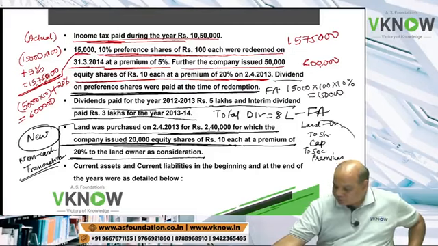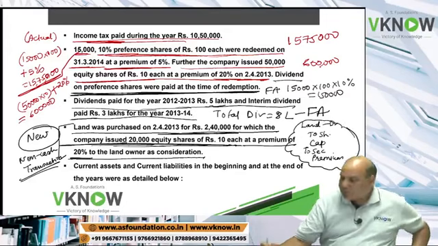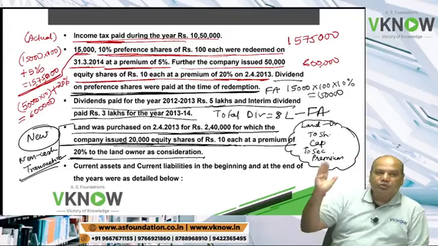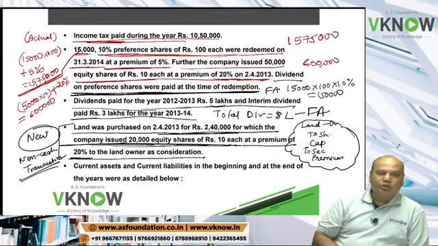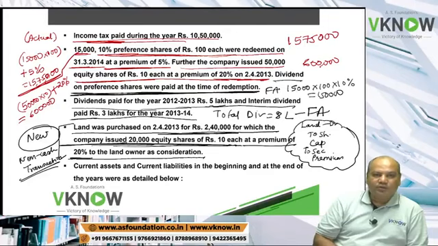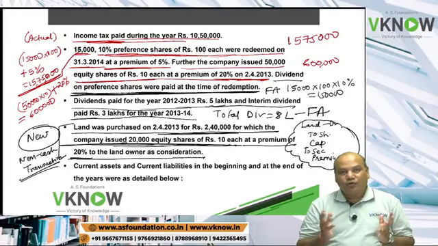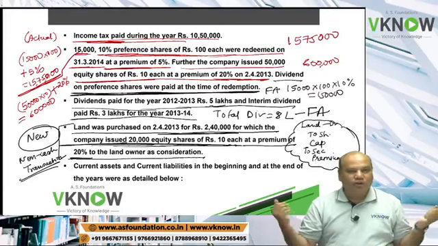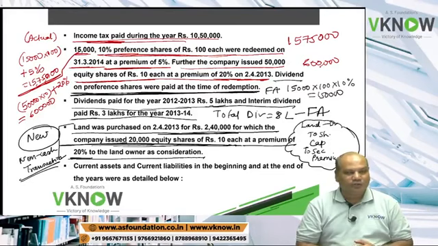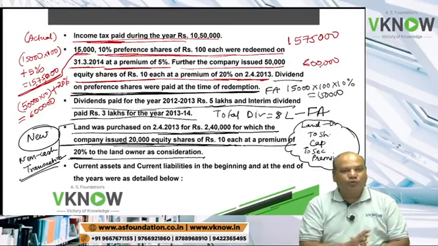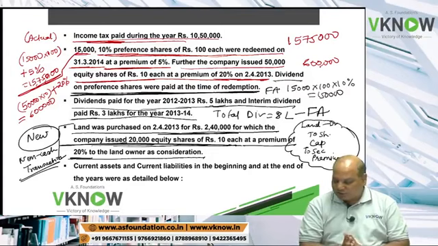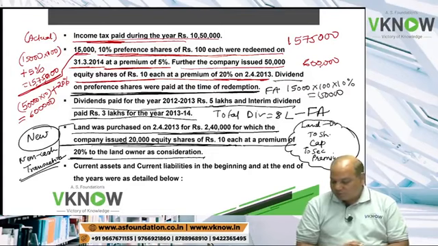There is no cash. If you pass the journal entry for this, the entry would be land account debit to share capital, to securities premium. Since cash inflow or outflow has not happened, this item will not appear in the cash flow statement. That was given to confuse you. And if you got confused, cash inflow from operating activity will increase and cash outflow from investing activity will increase. Okay? If you make that mistake,